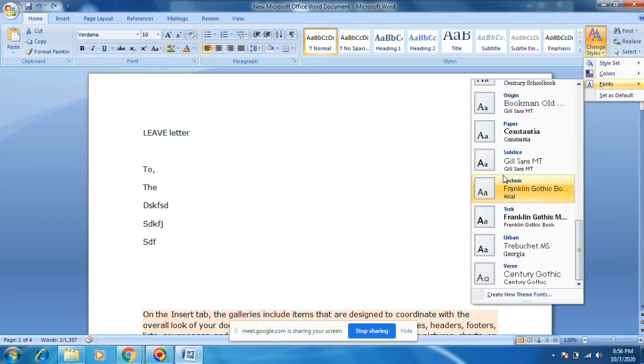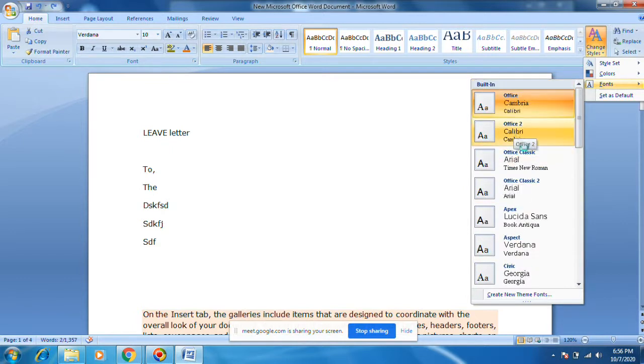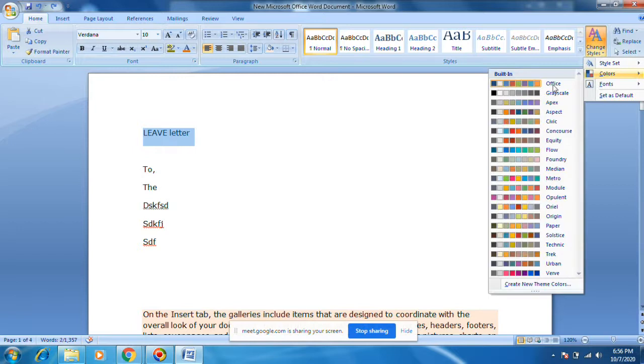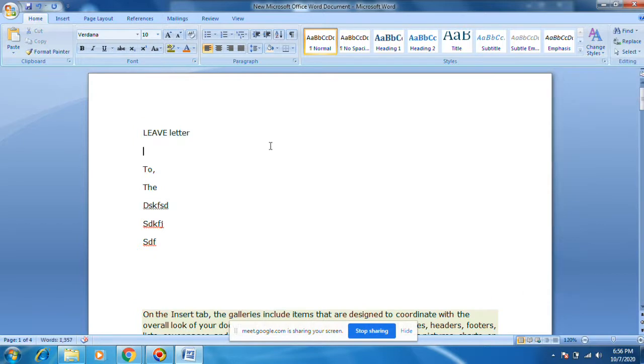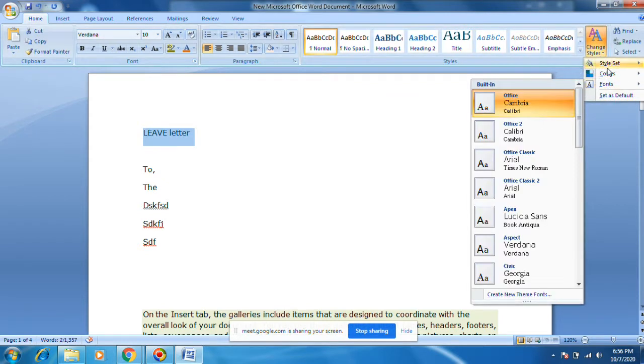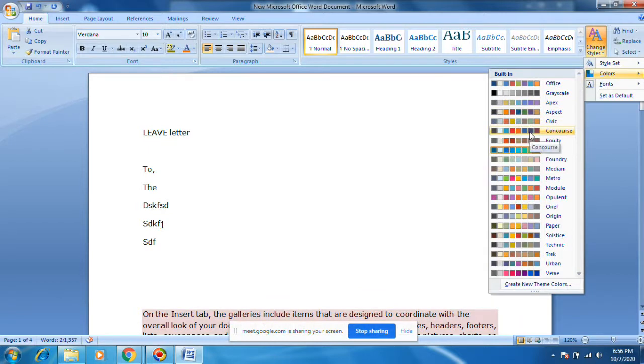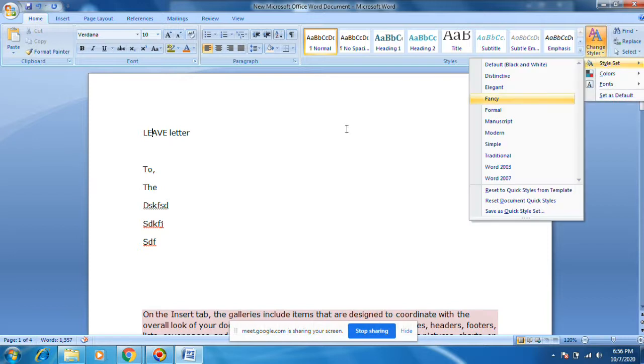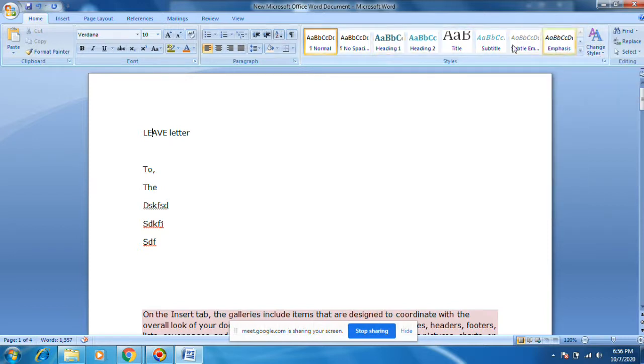These are different font styles, like Calibri. There will be so many colors. I don't know why it is not coming. These are very important things.